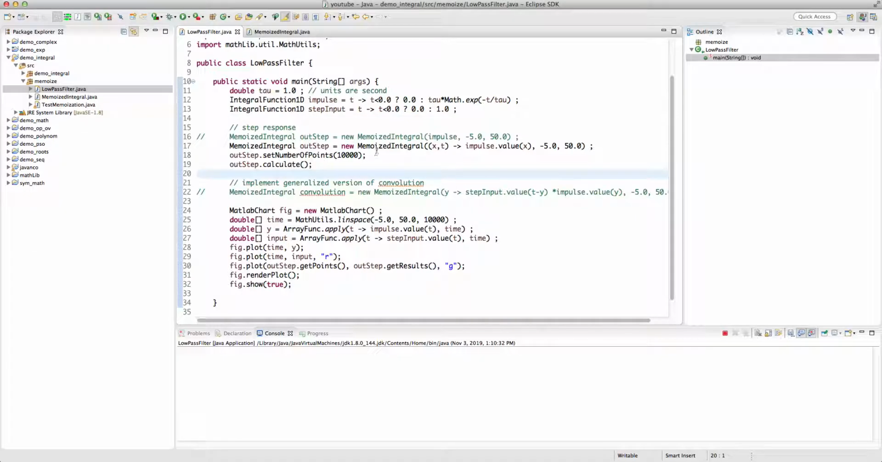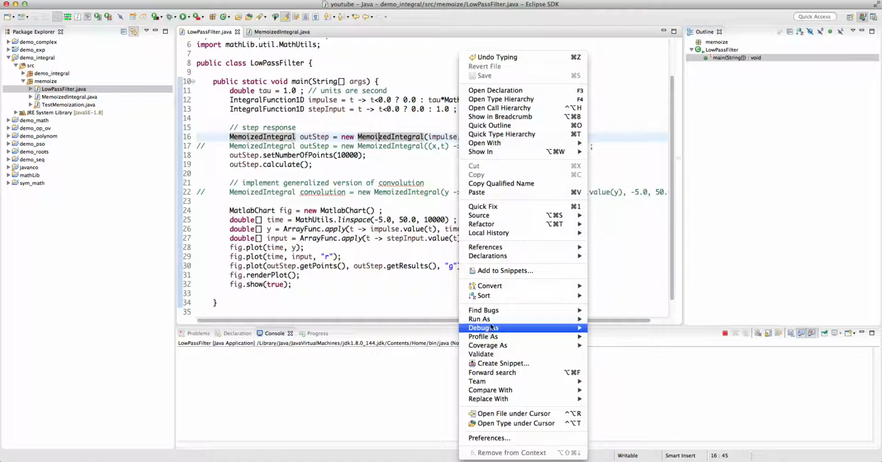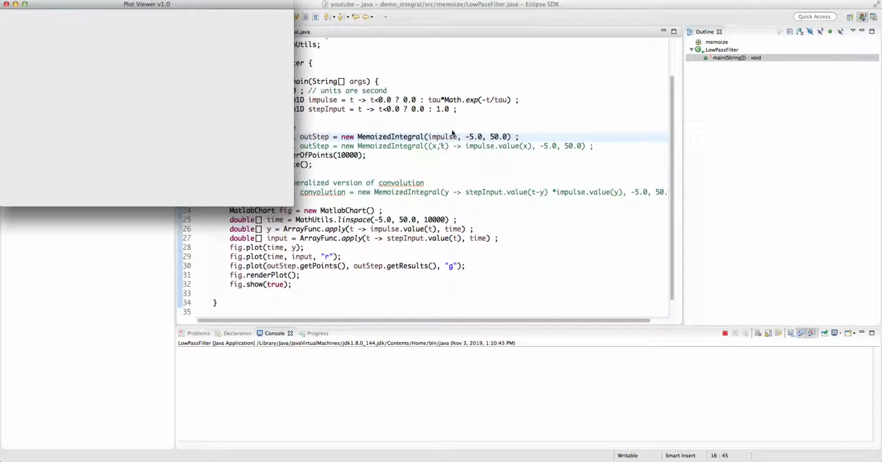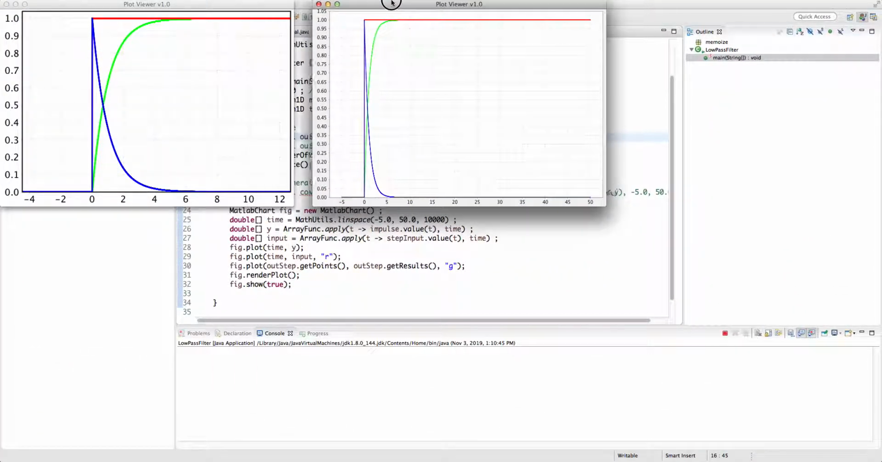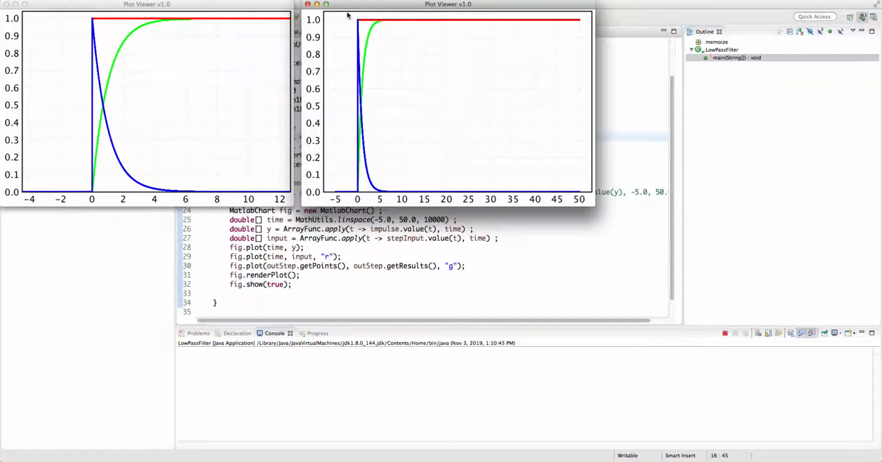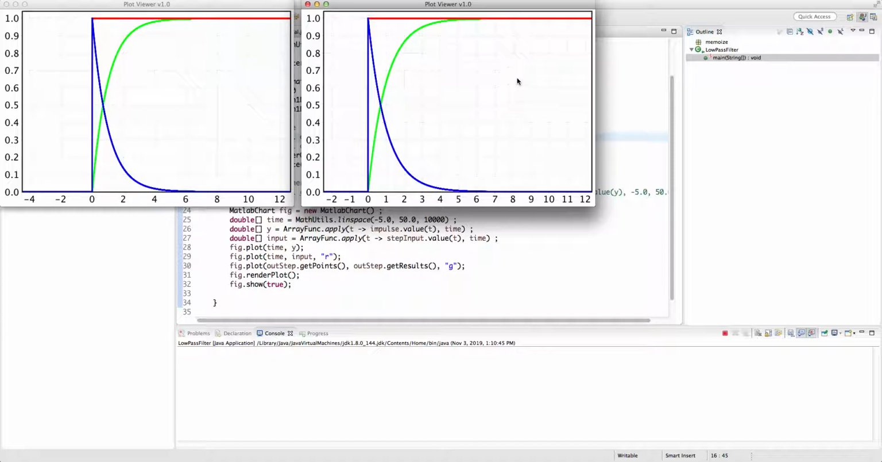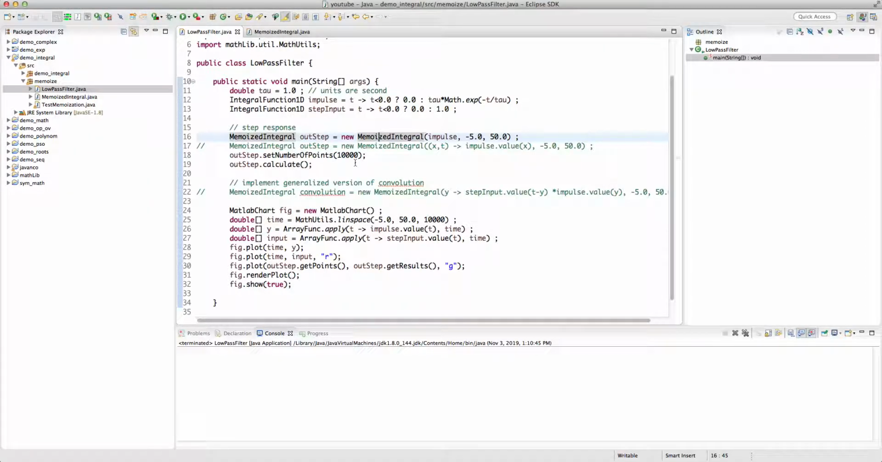Okay, exactly the same result, but using a 2D integral function, which does not depend on the second variable, which is the t, the output variable. All right, so we have this. Now let's try to implement the